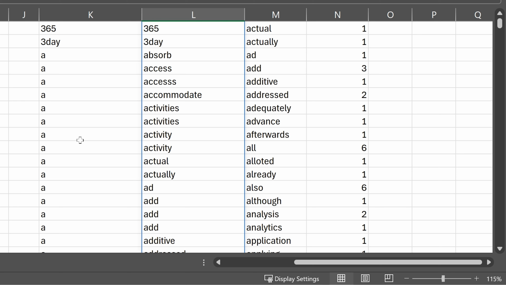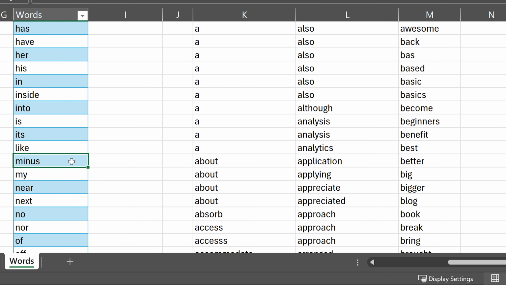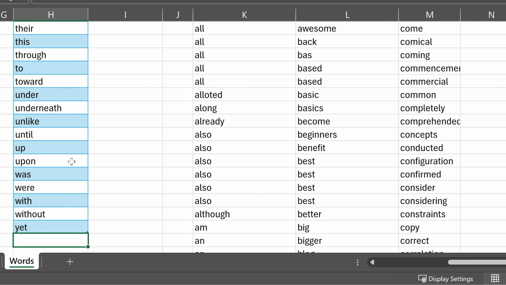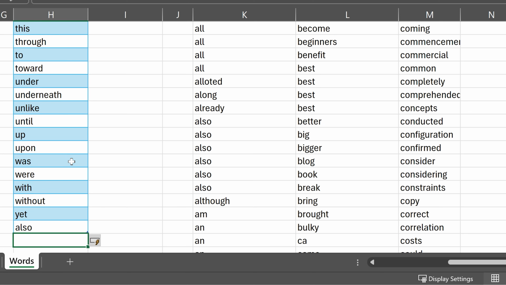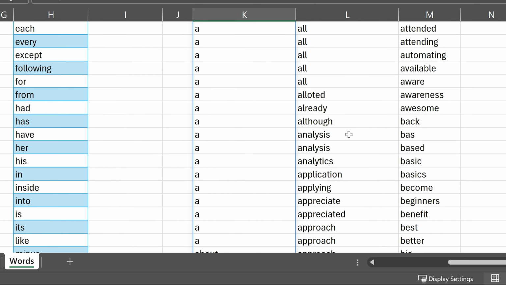So if I go down, notice this is no longer there, and as you go along, "about" is no longer there, and so on. Now, if you think that "also" is not really a required word, then what do you do? Just go to the stop words list and add "also". Make sure the list expands, and then you'll notice that the word "also" is there in the first list, but in the second list, it is not there.